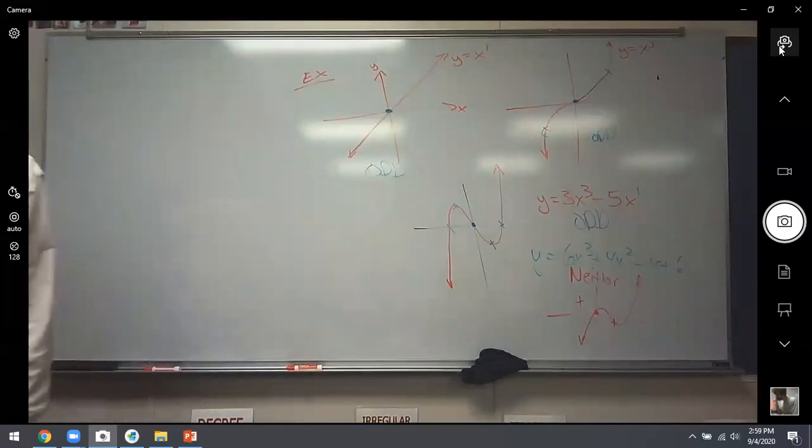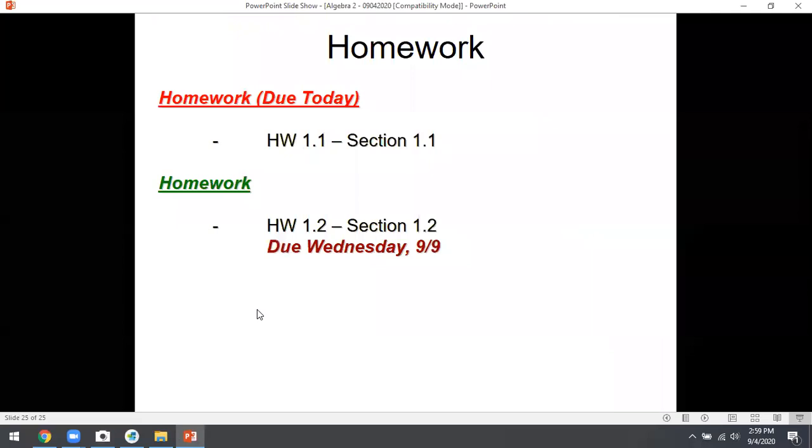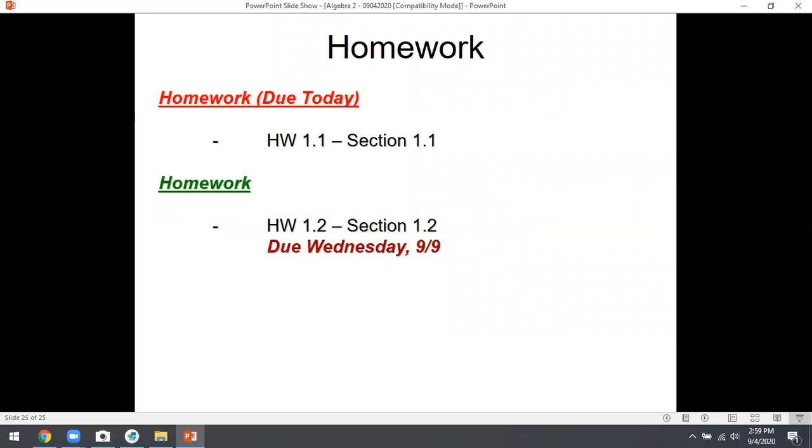Okay, there you go. So you got your homework to do. It's due on Wednesday. I know you're all going to rush home and do it first thing tonight. But why don't you take a night off? Nah. Yeah. How many questions? The assignment's already on Reveal. Yeah. All I got to do is